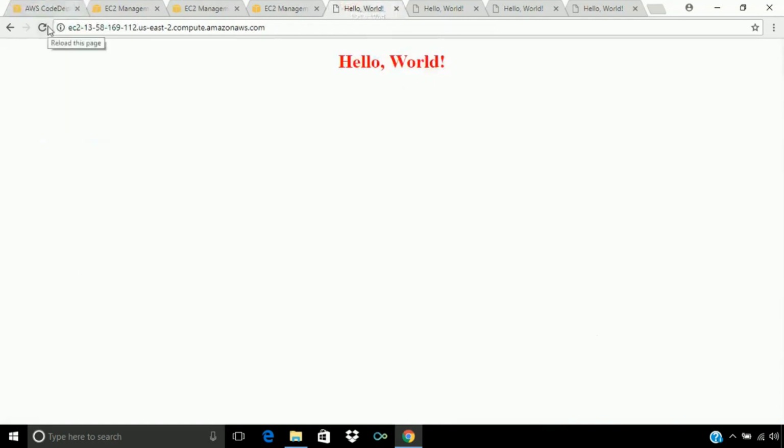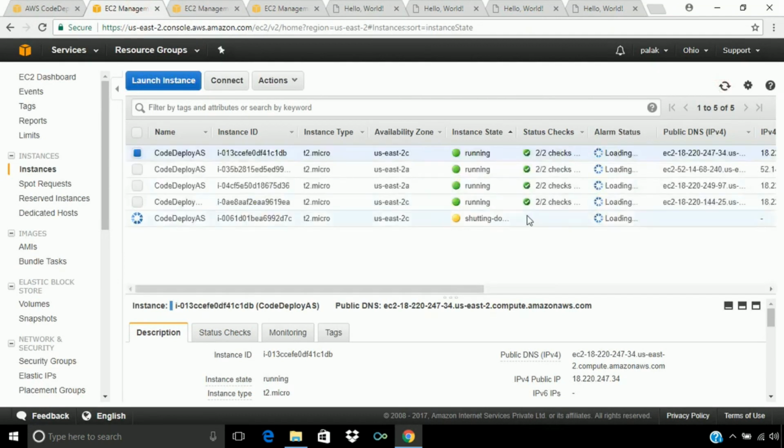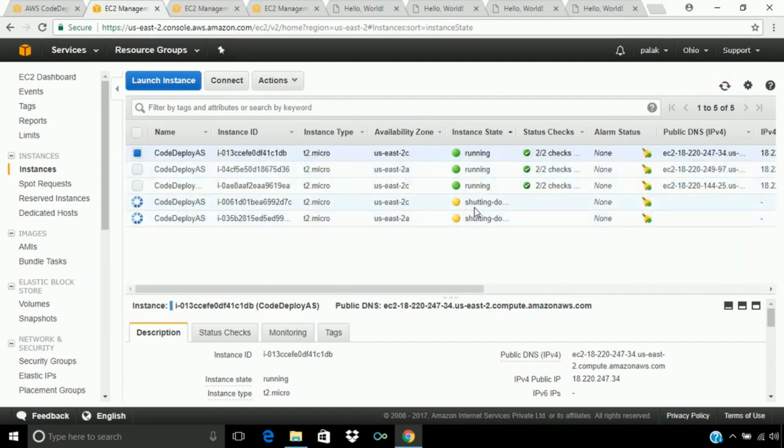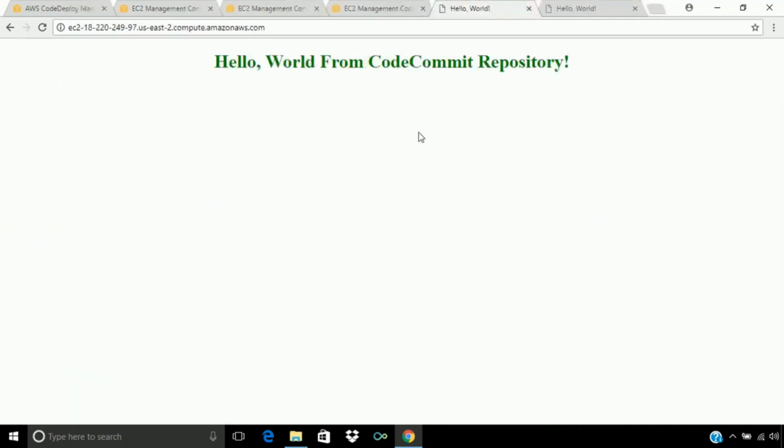If we look at this, it will not be available in a few seconds because those two instances will be terminated. Here we can see one instance has started shutting down, the other one will also take place in a few seconds. The second has also started shutting down. So these two applications have been closed, and now the recent one is this.